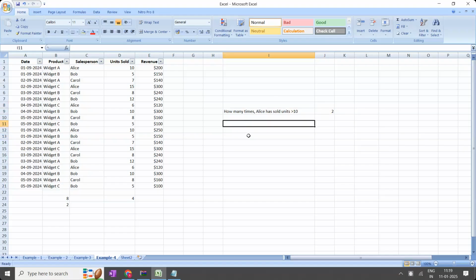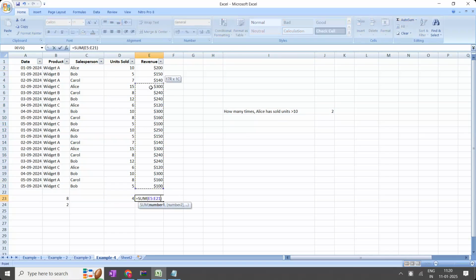Now similarly, SUMIF. Now I want to do the sum of widget A only. Here revenue is there, revenue for widget A. I want to do the sum of widget A only, not the total. See here, if I do the sum, as I already discussed, when I do the sum from here to here, I'm going to get the entire data. No, I don't want the entire data. I want only widget A. What function have you selected? Sum function. And what is the range? E2 to E21.